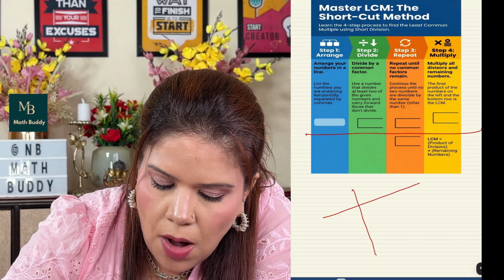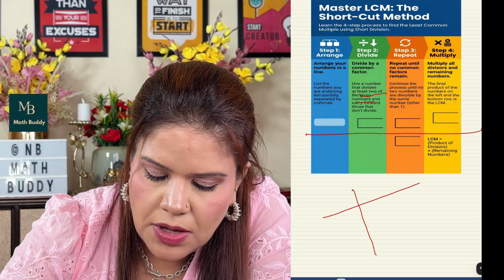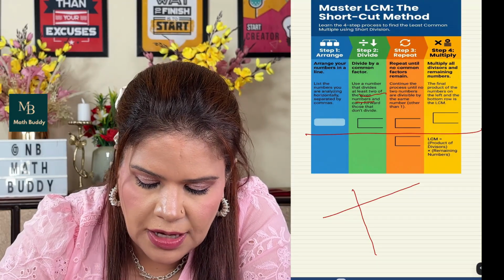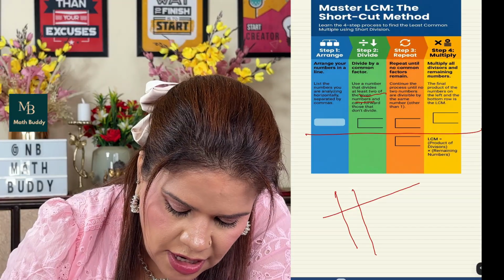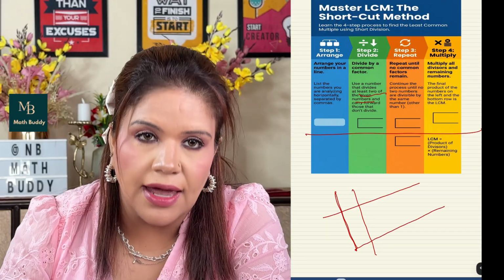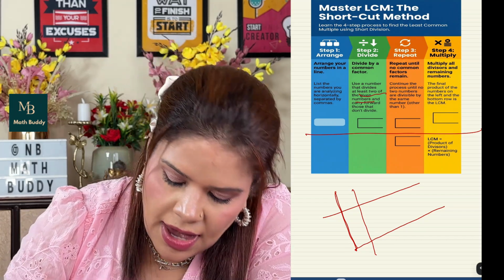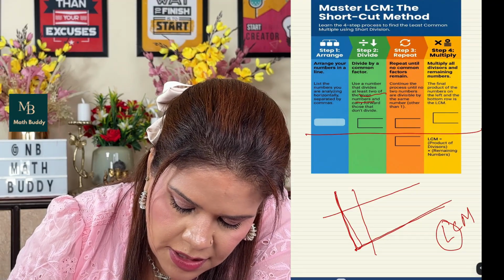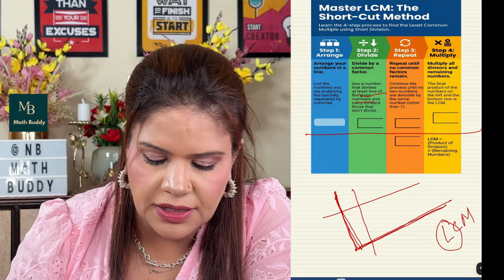You will find a common factor which is dividing at least 2 of the given numbers, and repeat until no common factors remain. Then we will string along all these numbers, whatever common divisors you get, and the numbers at the end which do not have any more common factor. LCM starts with L and we multiply the numbers like this only, L. See the magic of mathematics.